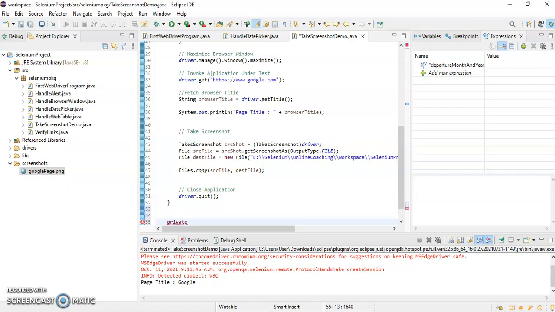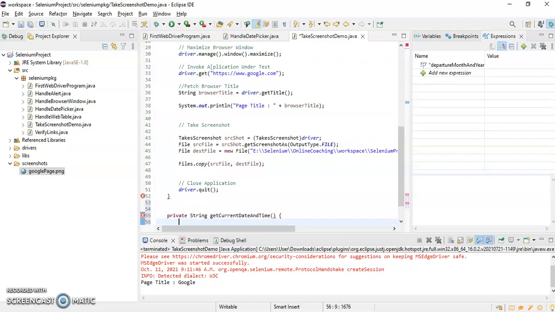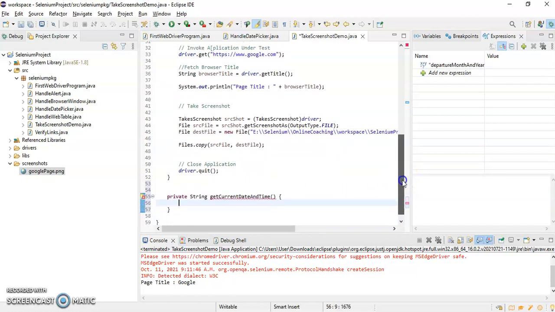I'll write private String getCurrentDateAndTime.